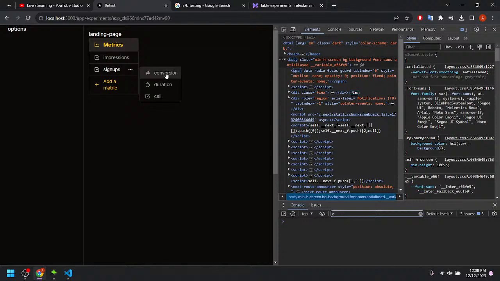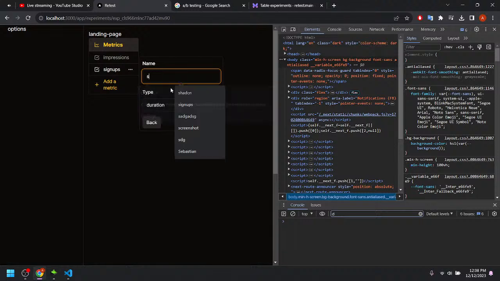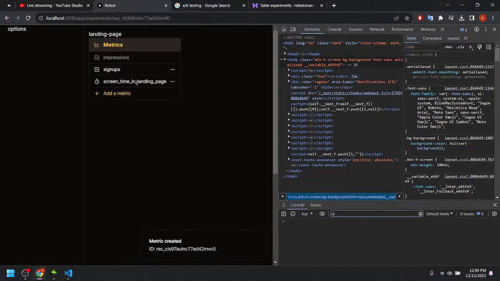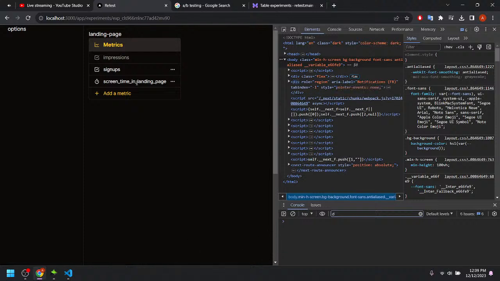There are other types of metrics. For example, duration. We can say, for example, screen time in the landing page. And for each user, we want to capture how much time he or she is in our landing page.